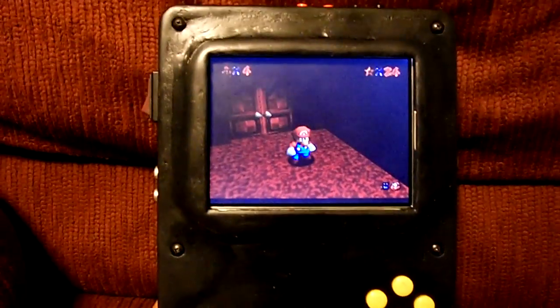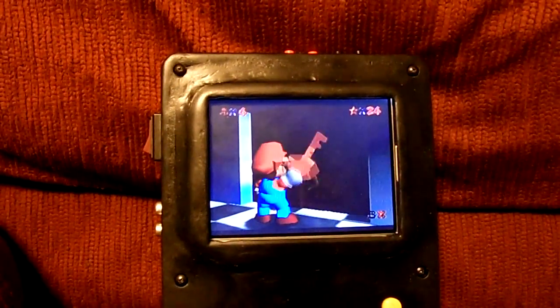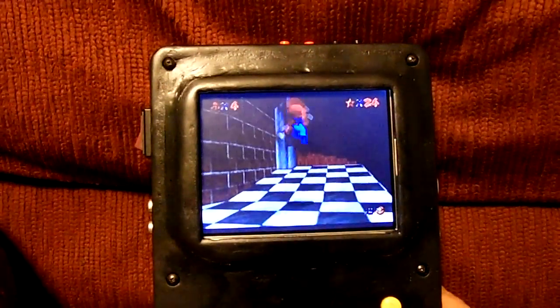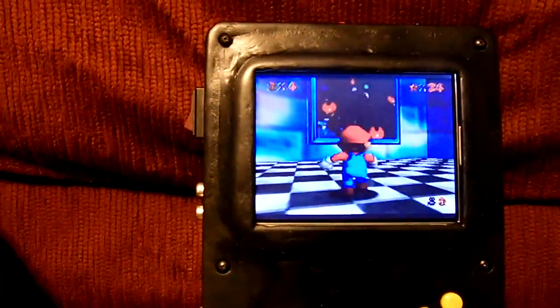And what's really nice is for Zelda games like Ocarina of Time, when you're trying to defeat a boss or whatever, and you're needing Z and R, Z for the Z targeting, and R to hold your shield. It's actually really comfortable. So it's really nice to just be able to hold it with those two fingers, and